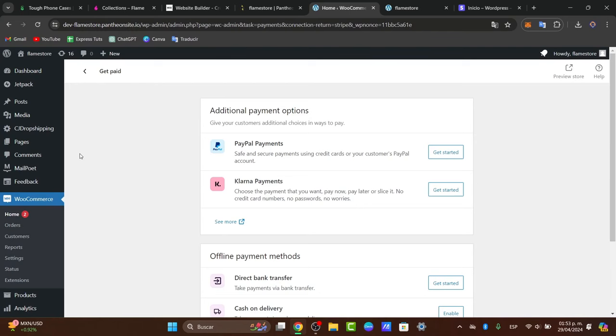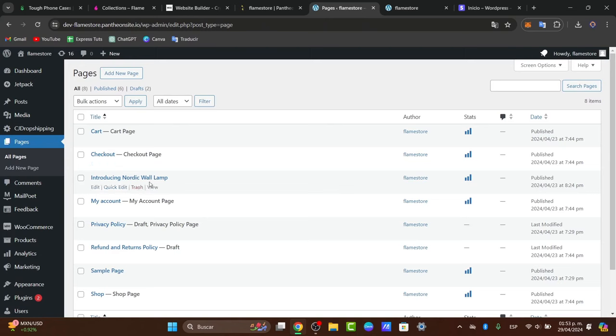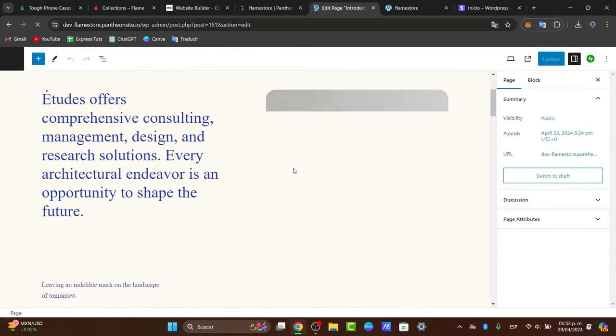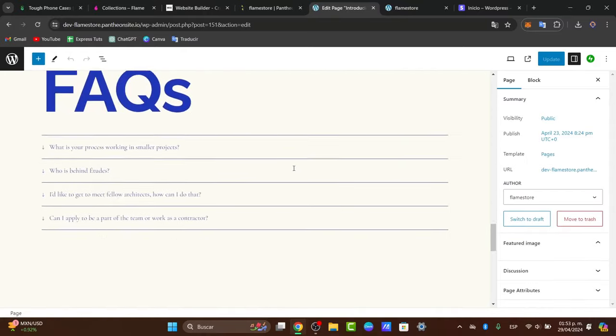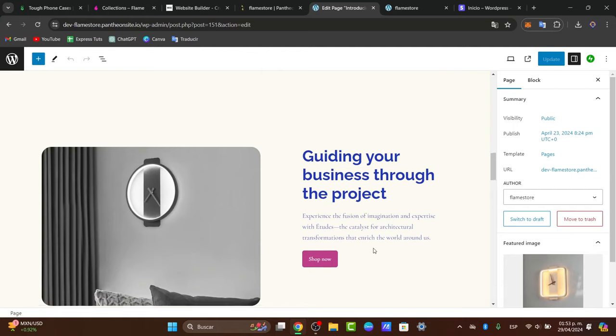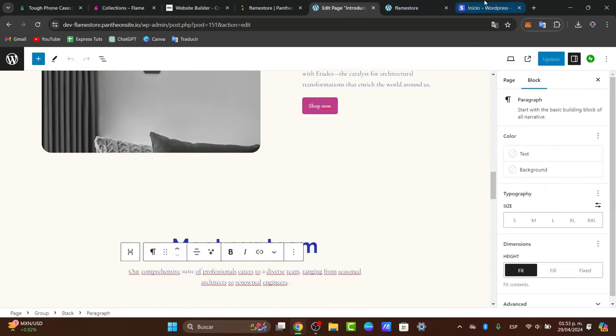So what you can do to enable this, let's say for example, is go directly here into my pages, and here let's say I have this product, right? So I'm going to hit edit on the page of this actual product. As you can see, here is my product, all the information about it, and I can see that we have the shop now. So if I wanted to add a new element here, I'm going to go back into